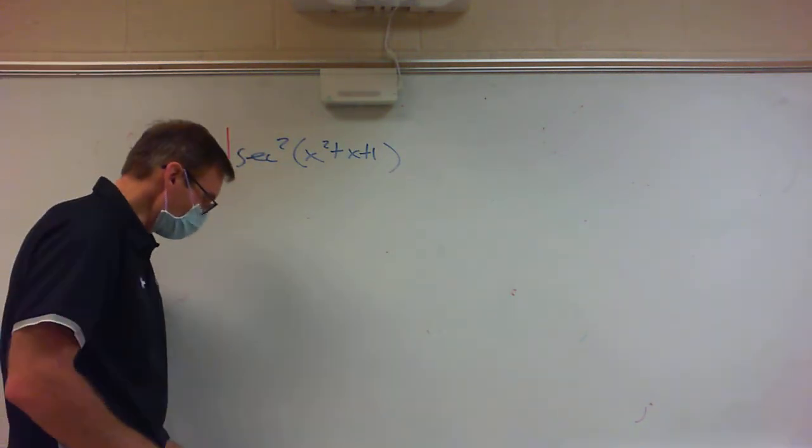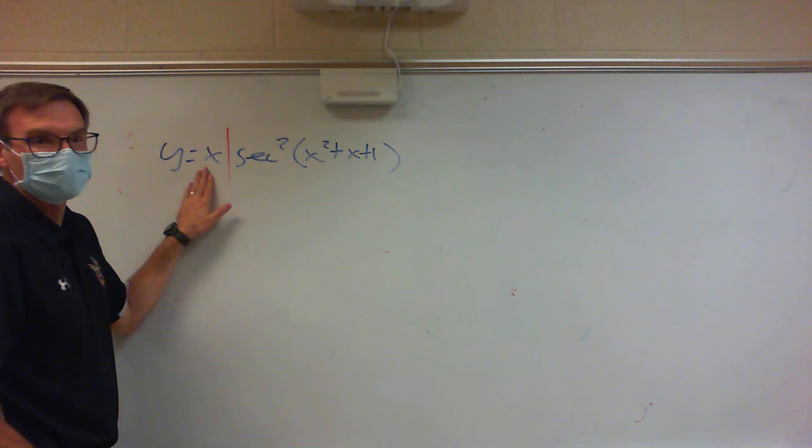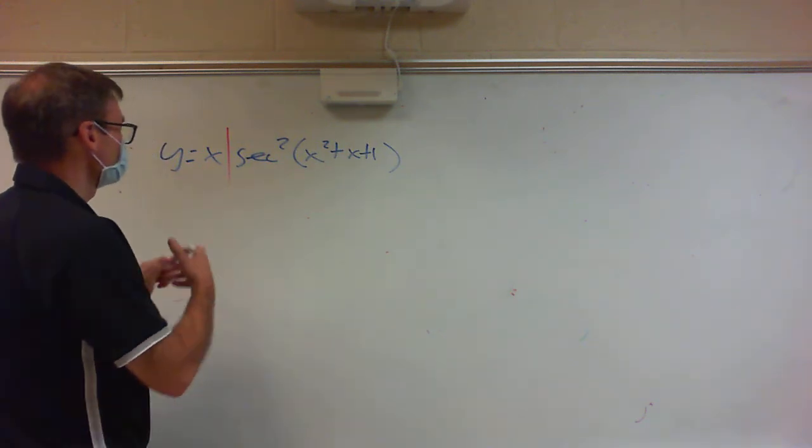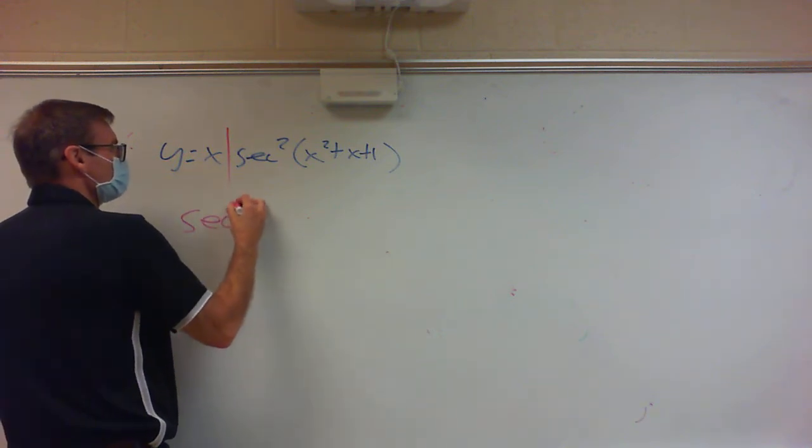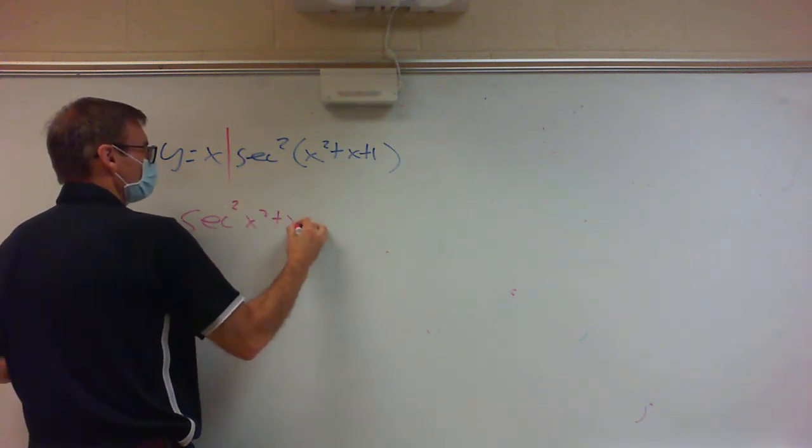And so product rule is the derivative of this, which is 1, copy stuff, which is going to give me secant squared of x squared plus x plus 1, plus